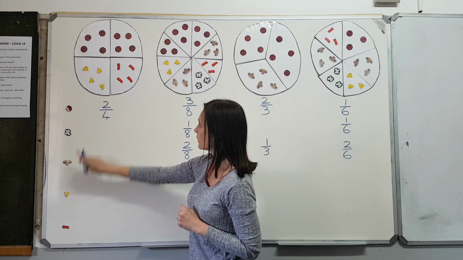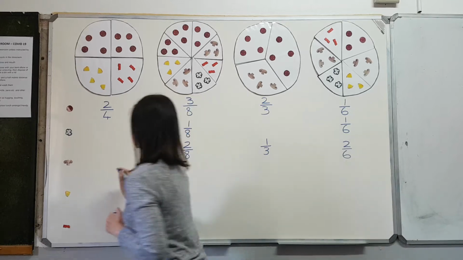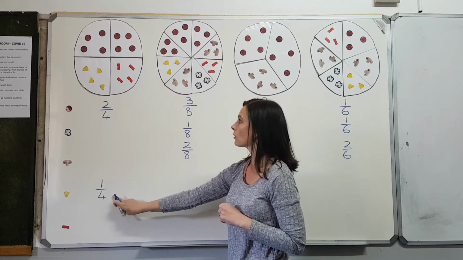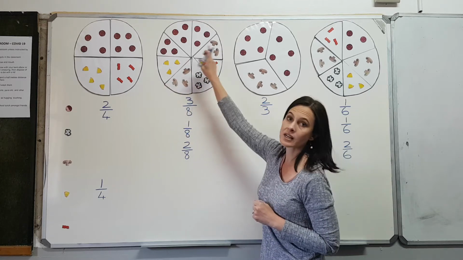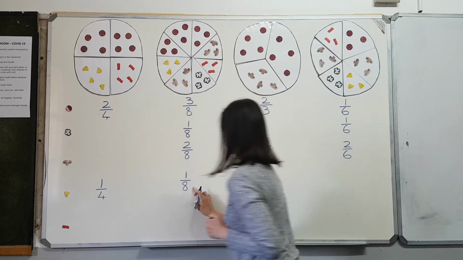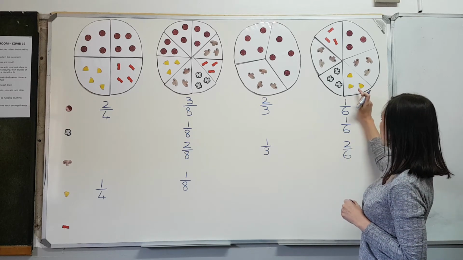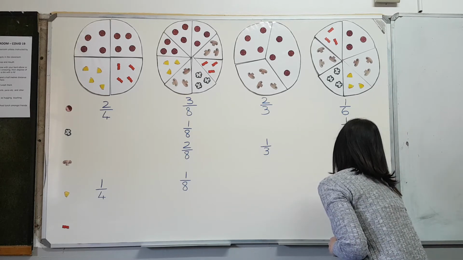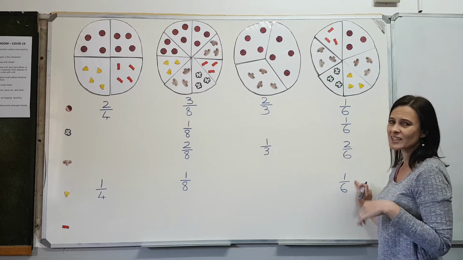Now we're going to do the pineapple. I only see 1 slice of the 4 slices with pineapple. So 1 of the 4, a quarter of those have pineapple. The next one, 1 of the 8 slices. Can you see the fraction? This one, I don't see any pineapple. The last one, 1 of the 6 slices. So if you look at pizzas and you count the slices, it's actually easy